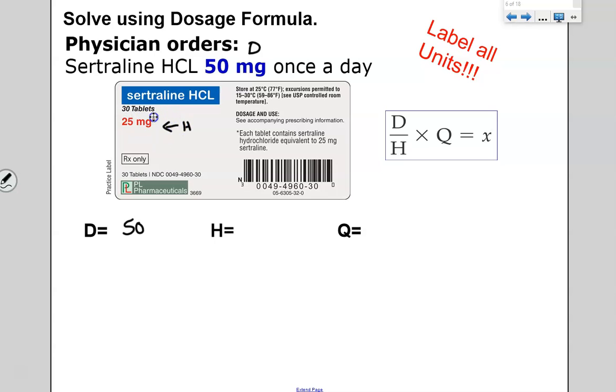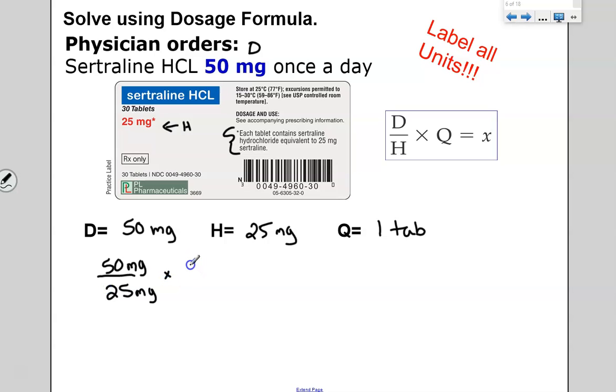Now, keep in mind, that does not mean 25 milligrams is 30 tablets. It means that each tablet is 25 milligrams. So on hand, we have 25 milligrams, and it's per 1 tablet. Now, if we set up our problem, we've got to put the D on the top. Let me go ahead and put my 50 milligrams. Forgot to put that. 50 milligrams over what's on hand, 25 milligrams, and we're going to multiply by the 1